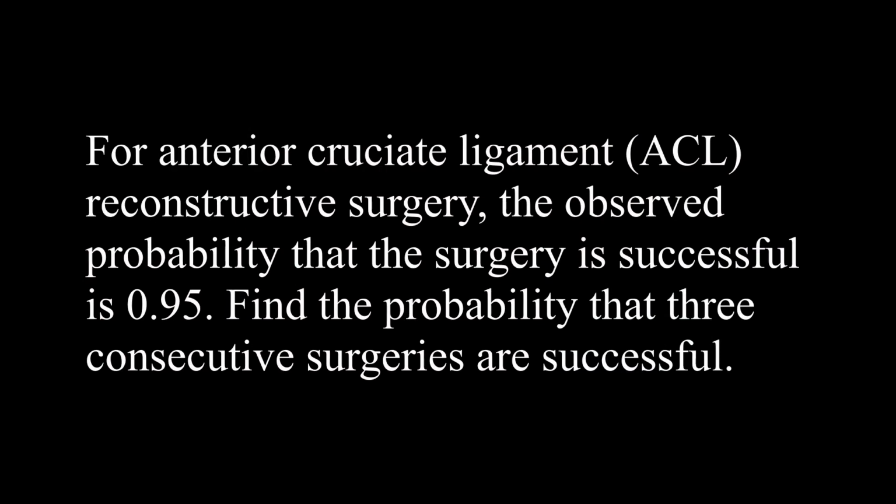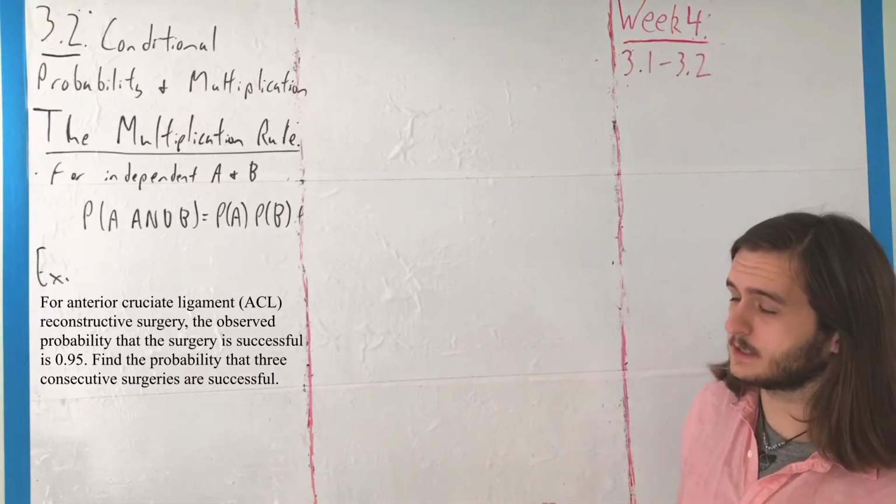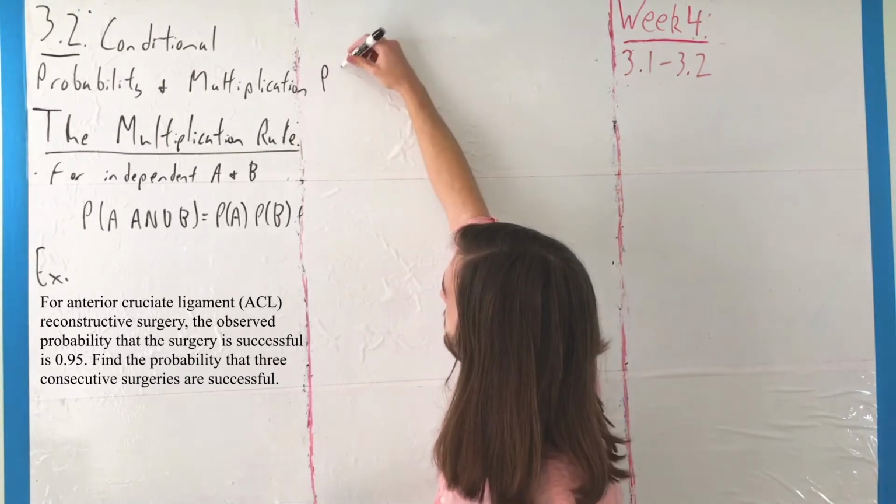On the other hand, let's say that for anterior cruciate ligament, that is ACL reconstructive surgery, the observed probability that a surgery is successful is 0.95, 95%. Find the probability that 3 consecutive surgeries are successful. Here, we're going to make a bit of an assumption. It might be a fair assumption, it might not be, but for us, if we want to find the probability